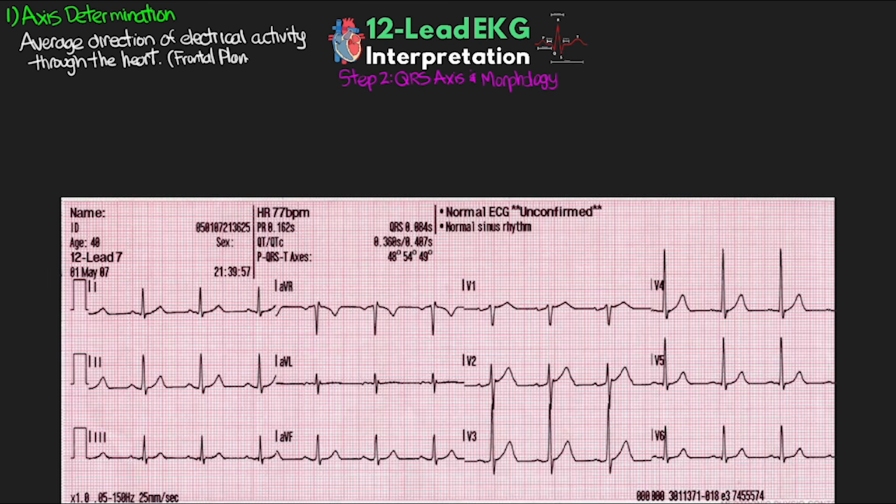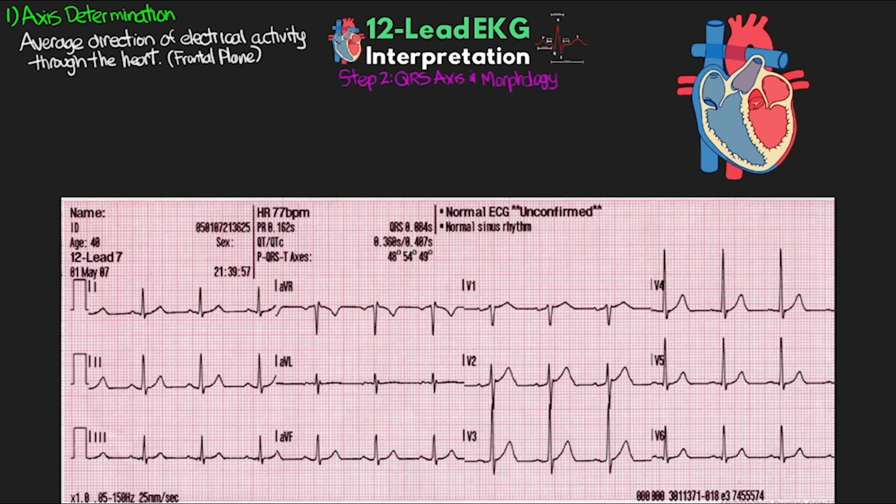when we're looking at the patient in that vertical or frontal plane. So we know if we look at our patient and their heart that the general direction for electrical activity is to flow down and towards the patient's left, our right when we're looking at it. We have different parts of the heart depolarizing going in different directions, but if we average all these different directions of all of this electrical activity, and also with the left ventricle being the largest, we get an average direction. So this is generally from the patient's right shoulder to their left leg direction,